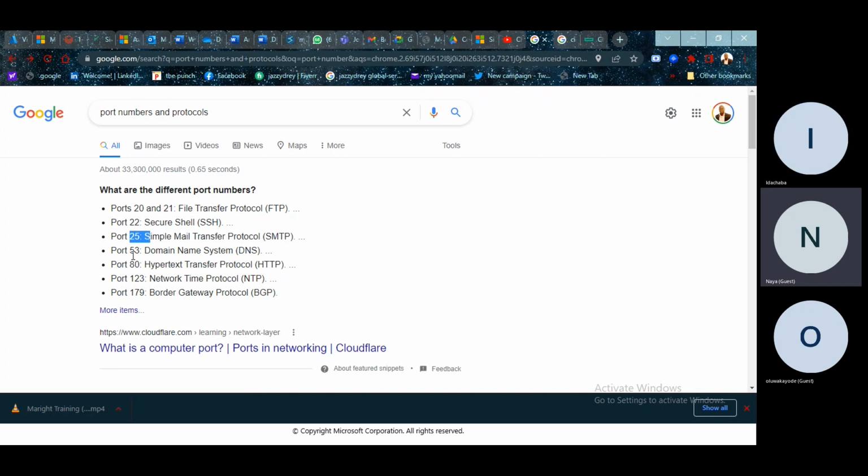Do you get? So for domain name systems, of course, it is part of what you also learn in your server. This port 53 resolves your IP address into a readable domain. Do you understand what I'm saying? Then hypertext transfer protocol, HTTP, is the protocol that helps you go to a web browser. Do you get? So then we have a whole lot of ports like that. Mr. Kaude, I hope I've been able to answer your question.